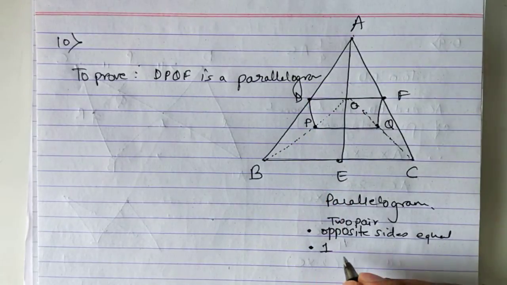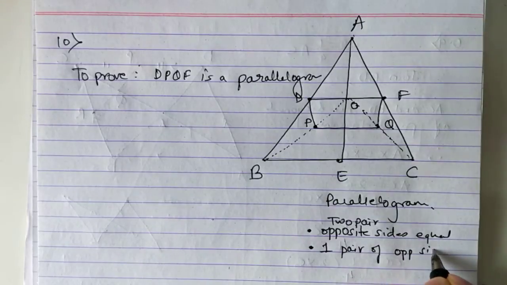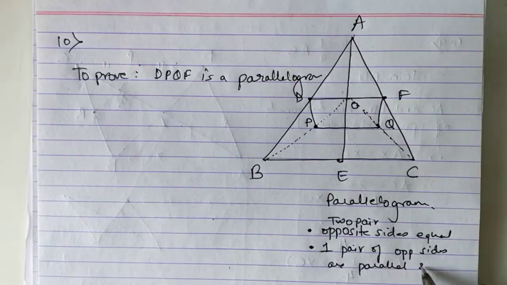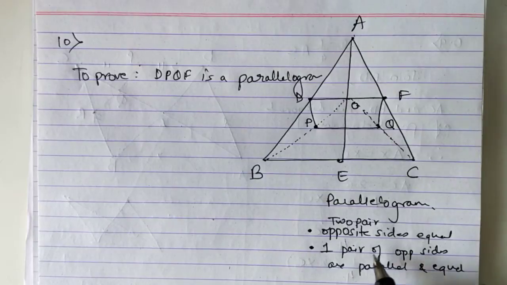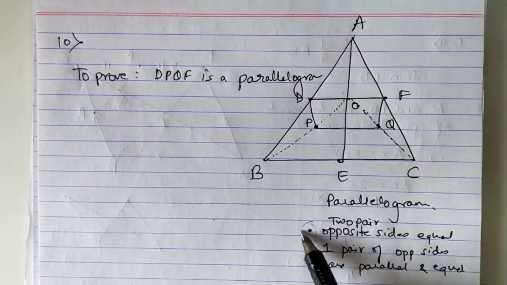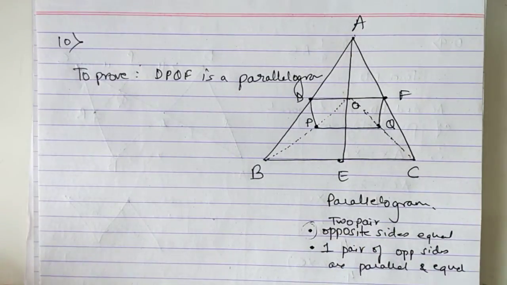Okay. Second condition कैसा है? सिर्फ one pair of opposite sides are parallel and equal. अगर एक ही पेयर है ऑपोजिट साइड्स के इंफॉर्मेशन का, तो वन पेयर ऑफ द ऑपोजिट साइड शुड बी parallel and equal. So we can say that this is a parallelogram. Okay, so these are the two ways how we can prove a parallelogram. This time in this question we'll use the first one. Two pairs of opposite sides are equal. Okay, now very easily you will get it.